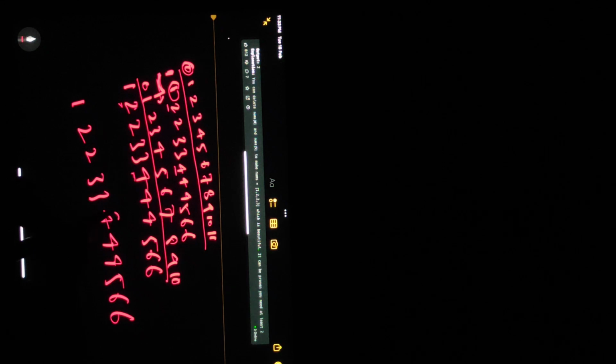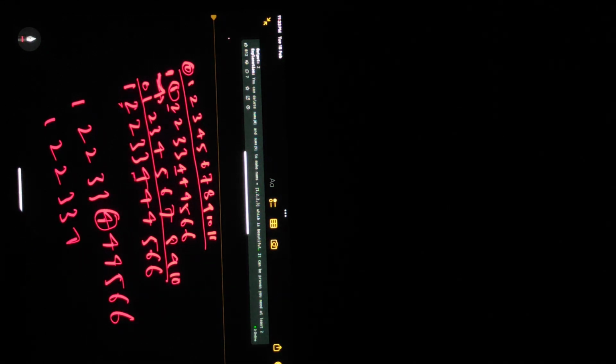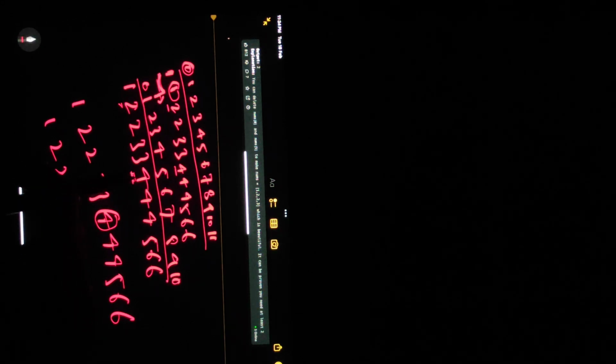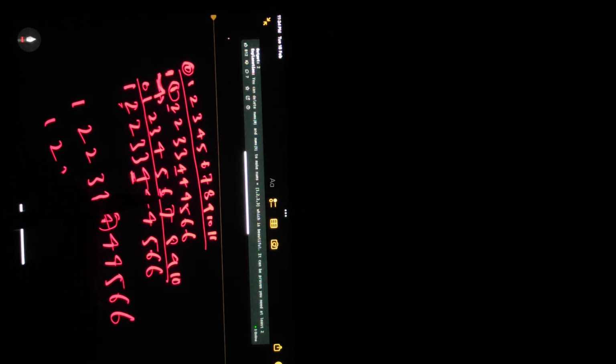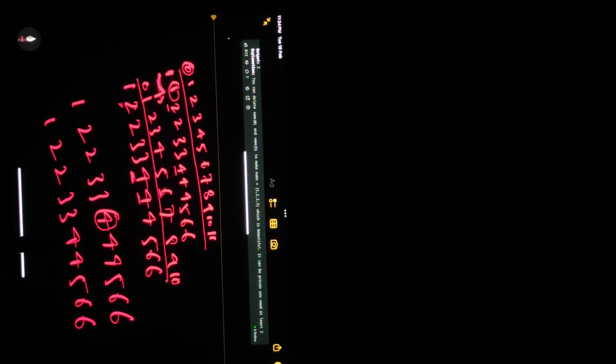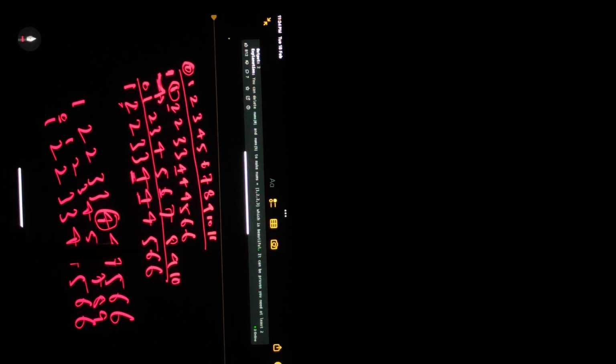If I am going to delete these 4, what will be the new array? 3 3 4 4 5 6 6. So what was the first index of the second 4? 6. As you can see, 6, but now the new index is 0 1 2 3 4 5 6 7 8 9, right, this is the index. So 5 was at what index? 8 index, but now after deleting it is decremented by 1 again. Now it is at 7 index.